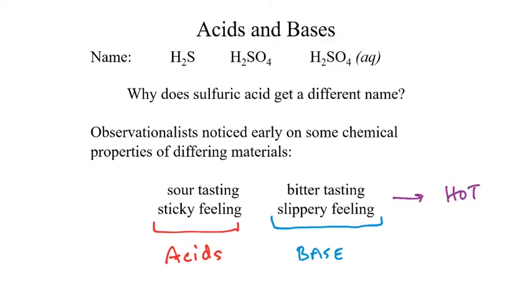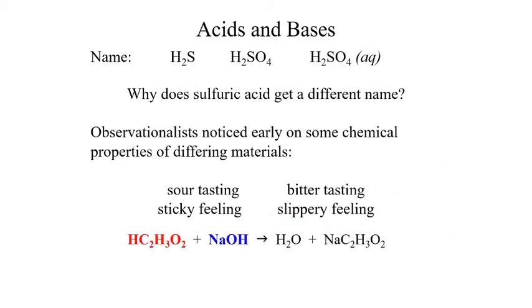So they labeled one as acids and the other as bases. And what they found was the things that they labeled as bases all had this bitter taste, slippery feeling, and those that were acids had this sour taste and sticky feeling. What we have later come to learn is that what has happened when they were mixed was a neutralization reaction. And in that neutralization, we know from earlier in the semester that it forms salt, and here's where that H2O is coming from, and water. And we've now neutralized the activity of those materials. But that's kind of our origin here. And so what we get are acids and bases.